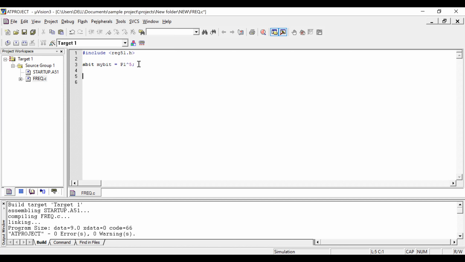Now I'm going to open my main program. Void indicates the return value is null, and void in the parentheses indicates I'm not sending any value. This is my main function.